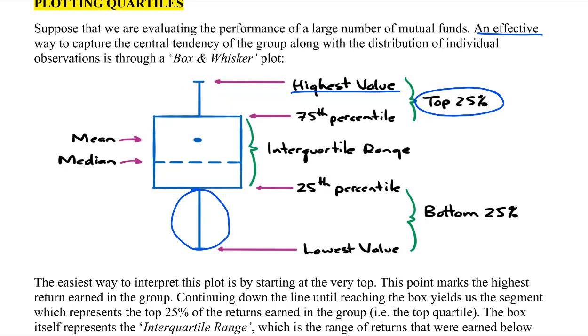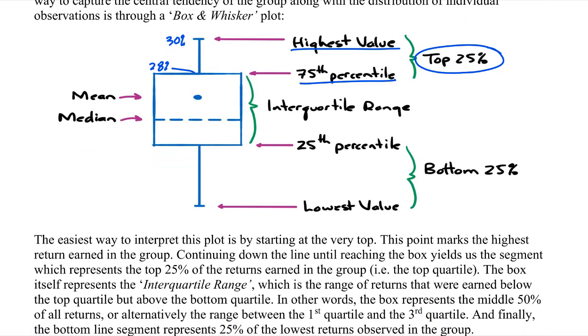So just for illustration, let's say this individual earned 30%, so that's the highest performer, and then the 75th percentile earned something like 28%. But at the lower end, maybe the 25th percentile earned something like 10%, and the lowest return was, let's say,